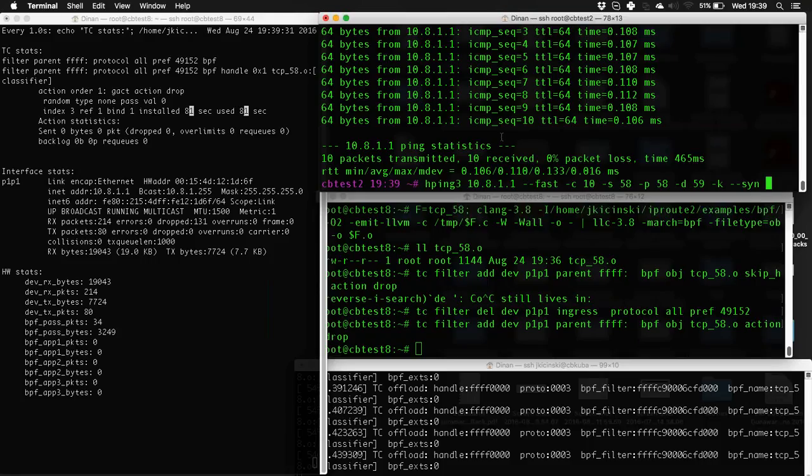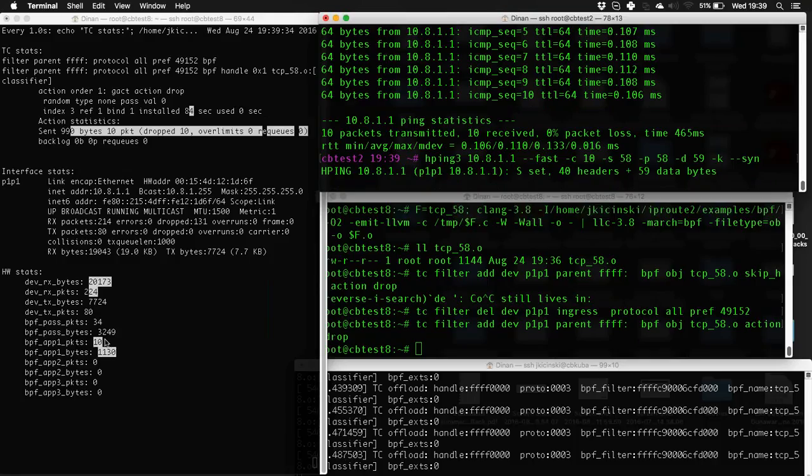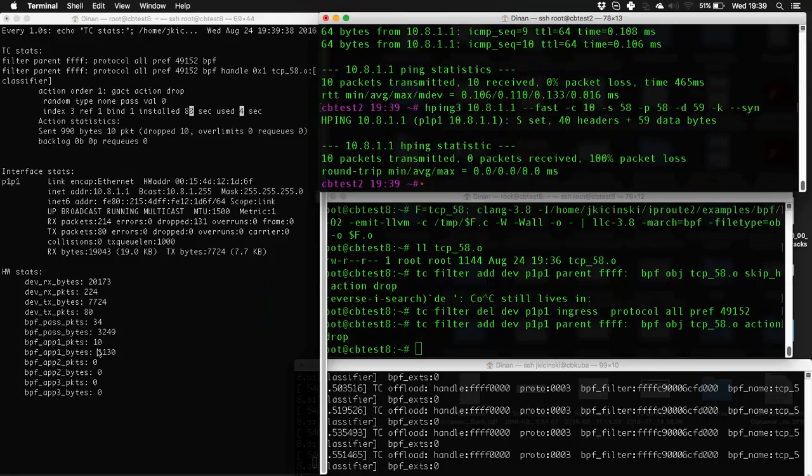But if I generate TCP traffic now, we can see the app one counters being incremented. These are the counters in this case which are counting dropped packets. They are called app one because the meaning of the counters depends on the action which we are performing. As Dinan has said, we can perform mark action as well as redirection and drops. So the meaning of the counters depends on what program is compiled. In this case, we are using app one for drops.